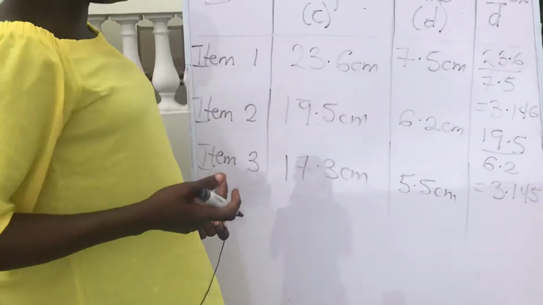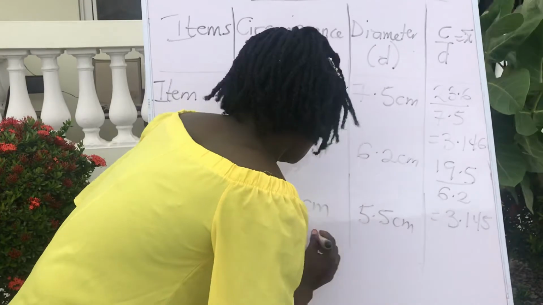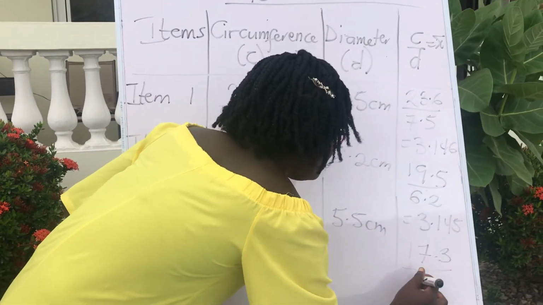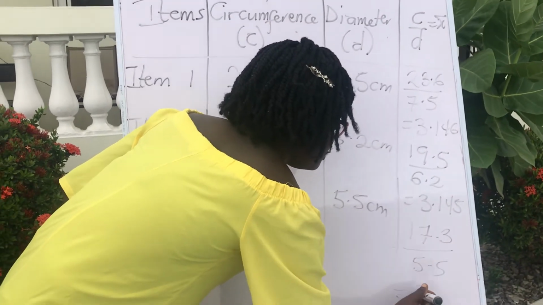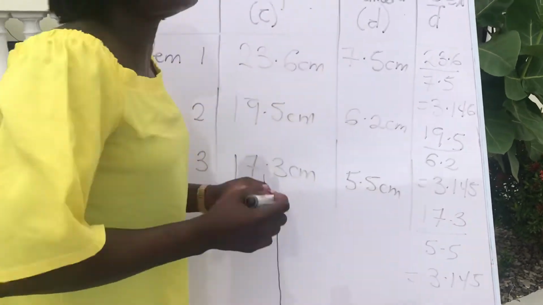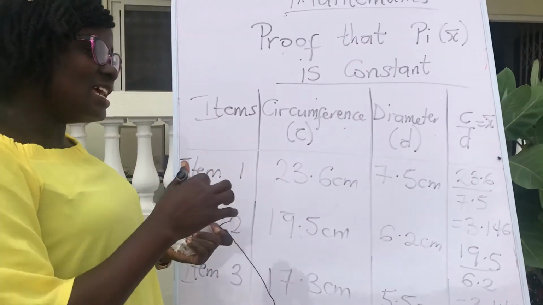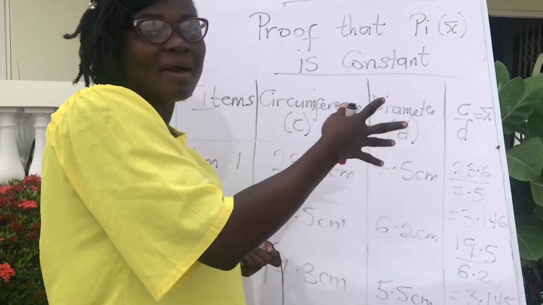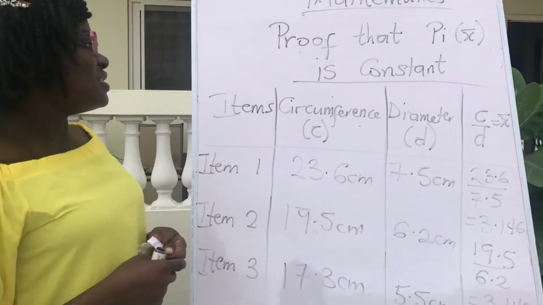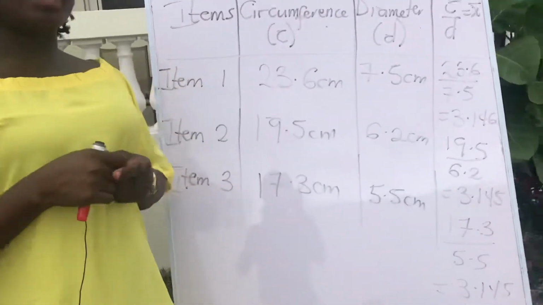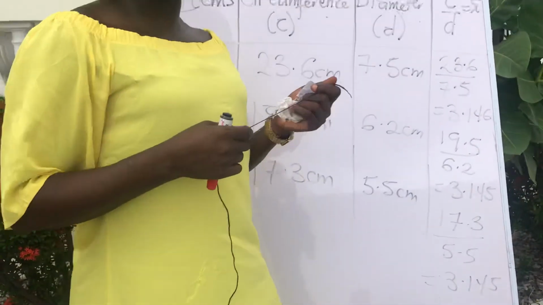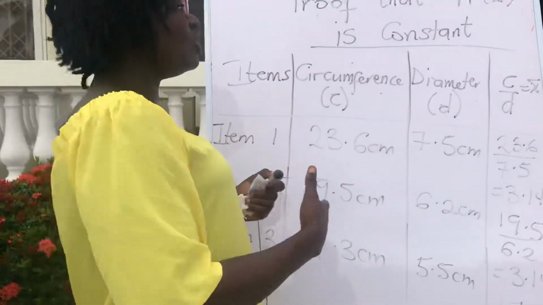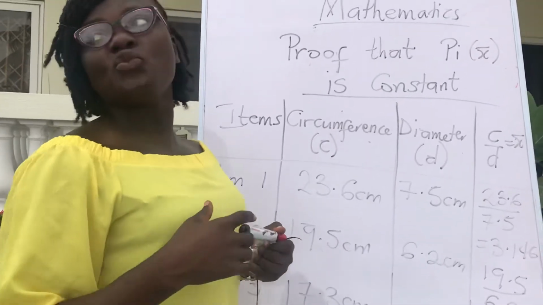Then as usual, we divide it. So this becomes... by observation, we can see that they are all around 3.14 something. You get it? So you can pick so many items and prove it yourself. Do you understand it? So we can say that due to the experiment we've done so far, we can conclude